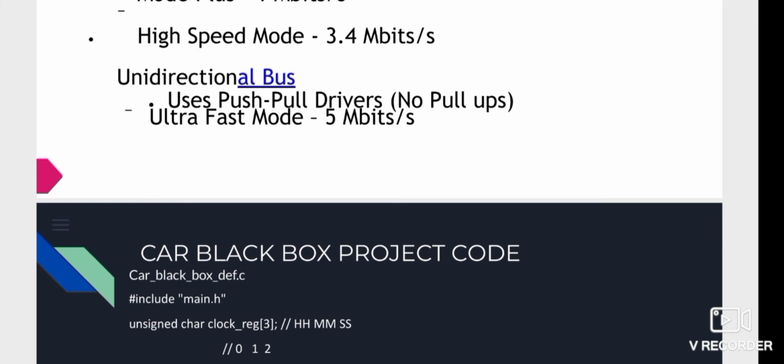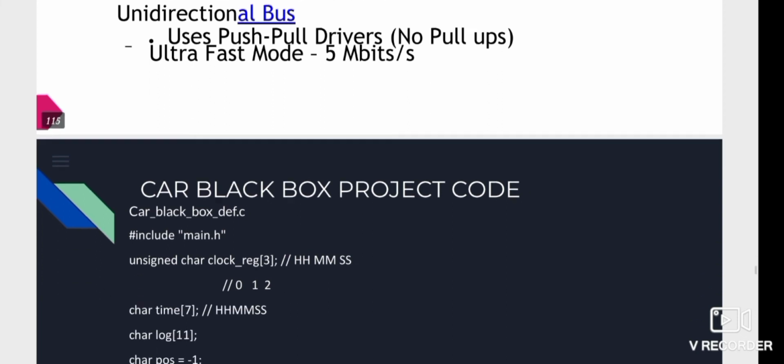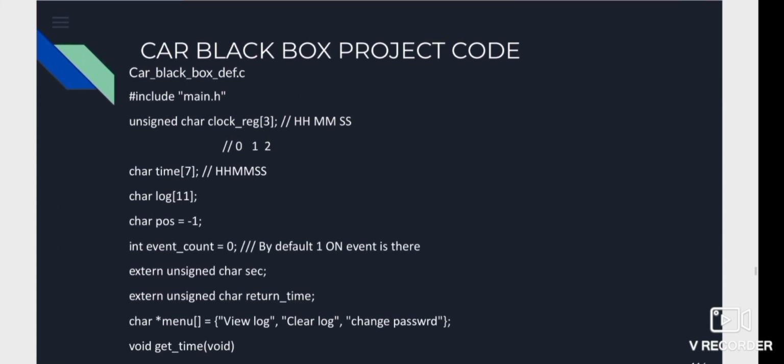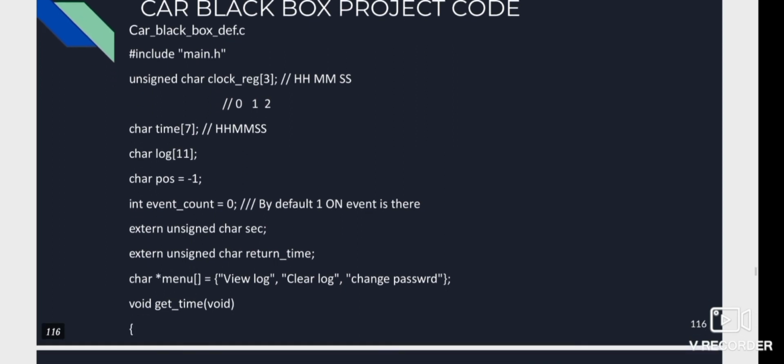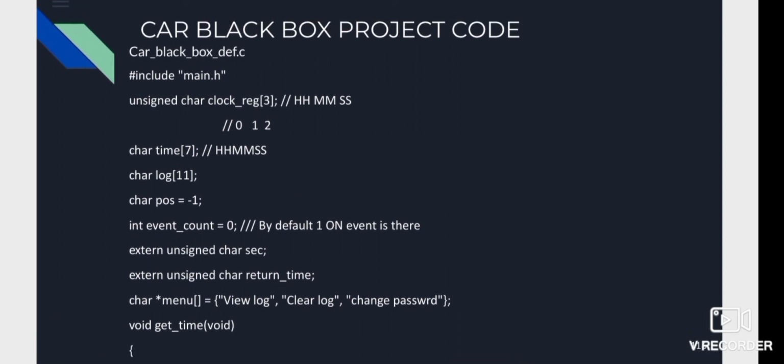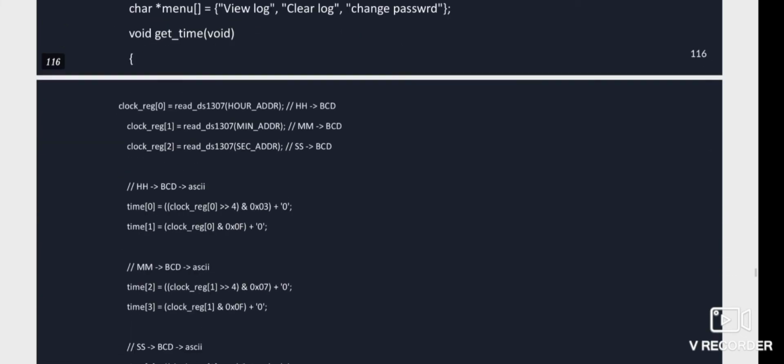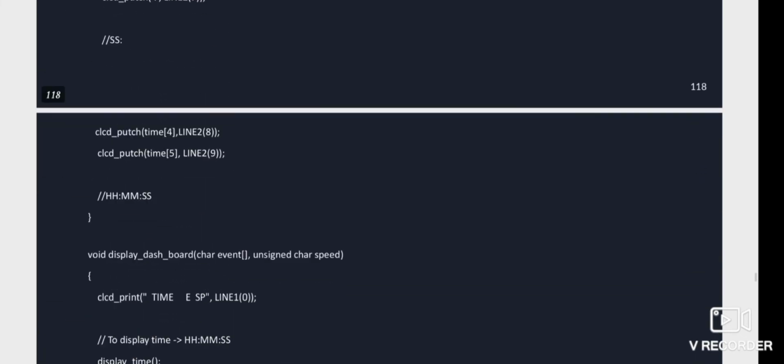So coming to the car black box project code, this is my car black box project code. First of all, we are seeing the car black box def.c. It is a source file. We are using three files in this car black box project code, like car black box definition.c, car black box definition.h,